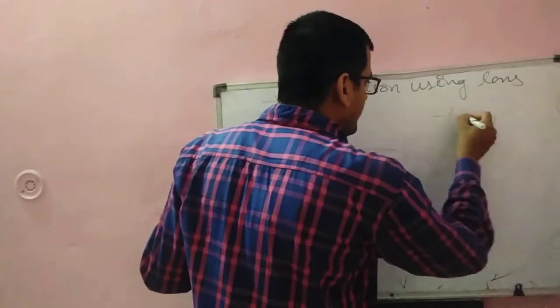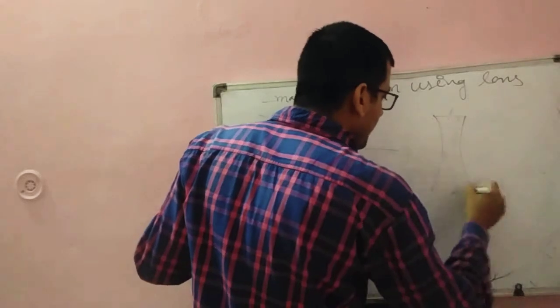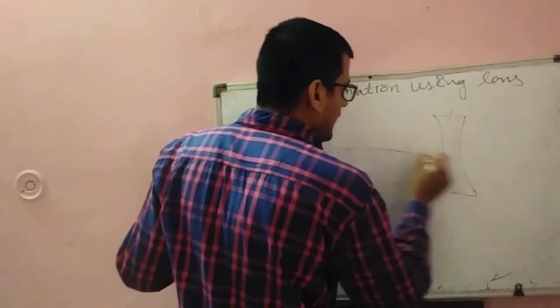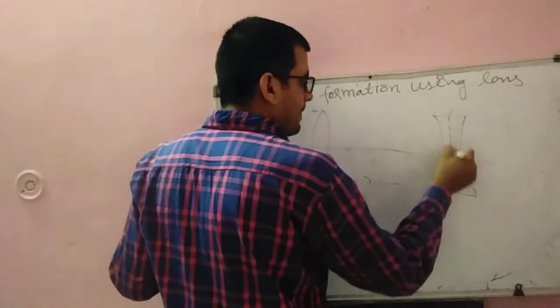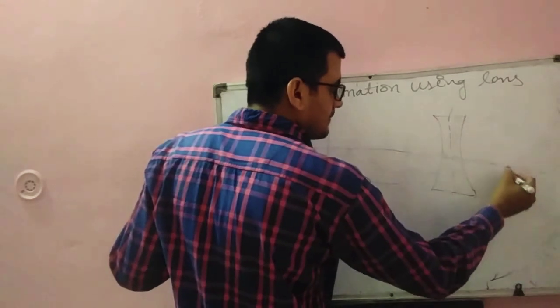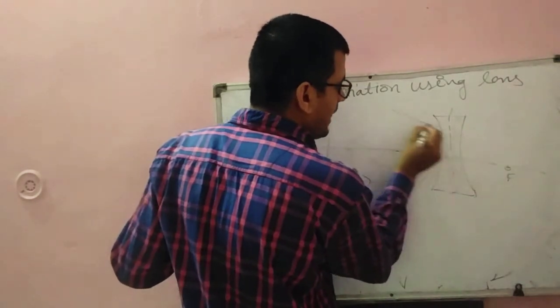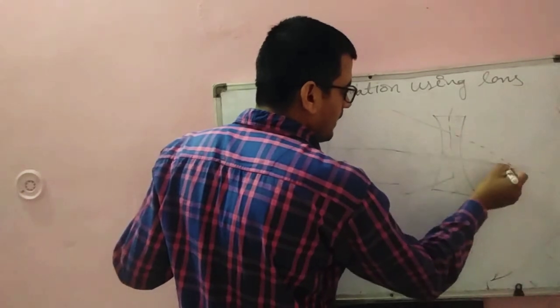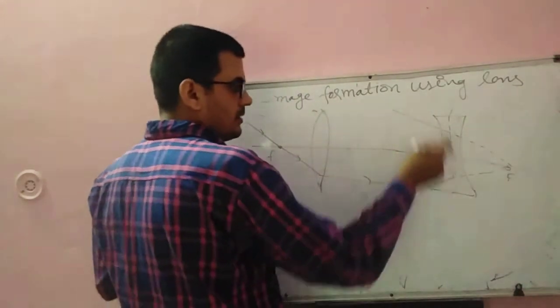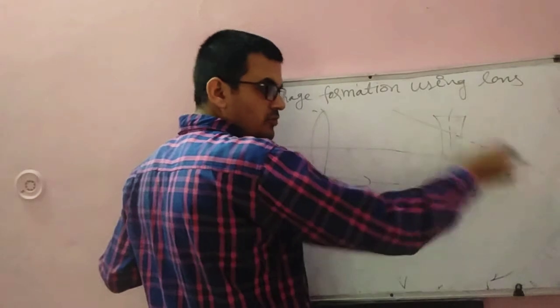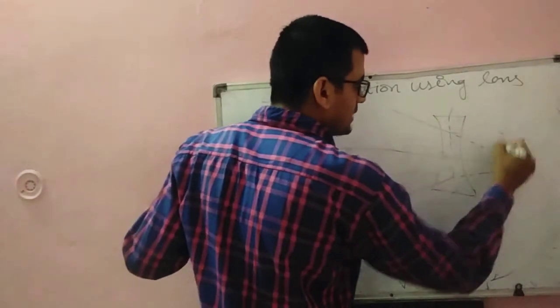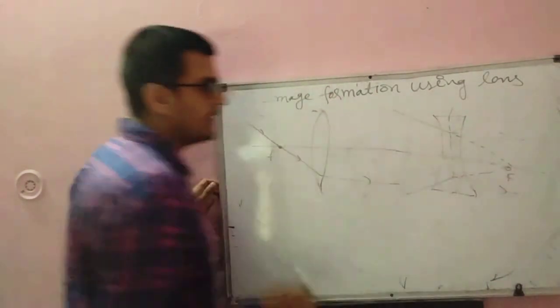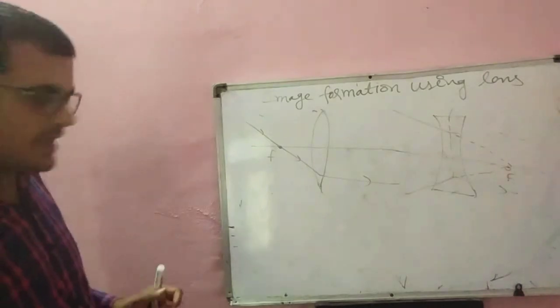How will it be? You will draw it for concave, like this. This is the focus. When rays of light pass through focus, they become parallel to the principal axis. Last case,